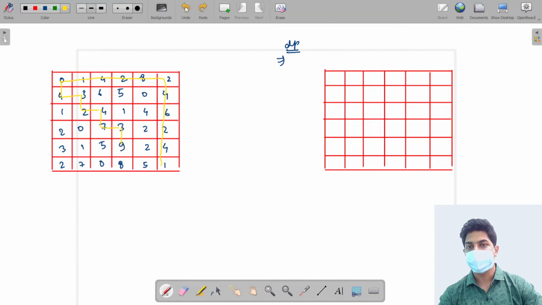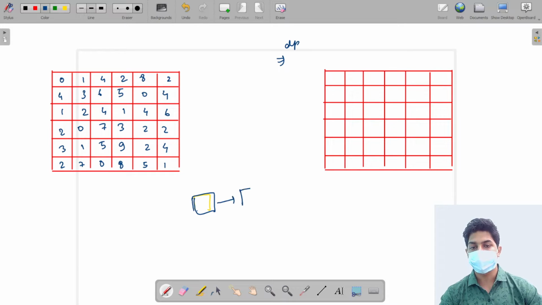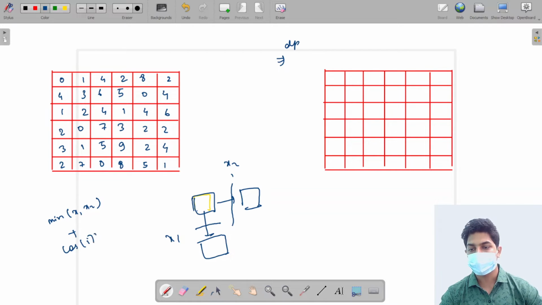So the idea I have just told you is that we ask our neighbors for their minimum cost path answers and take the minimum. Suppose one gives x1 and the other gives x2. I will take the minimum of x1 comma x2, then add my cost to the answer. This is what I will do to calculate the answer for each cell.